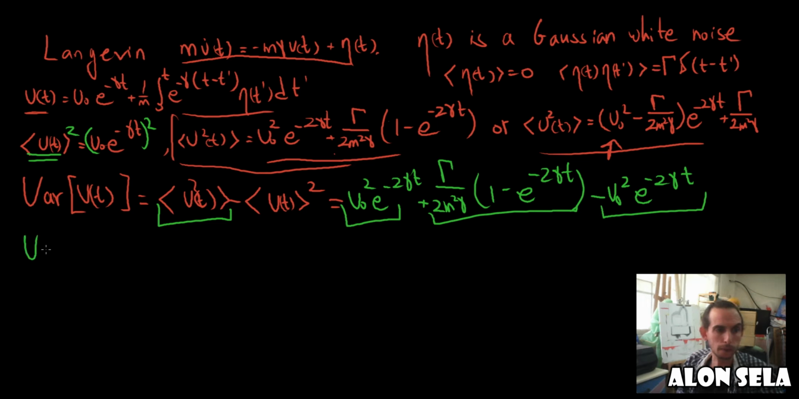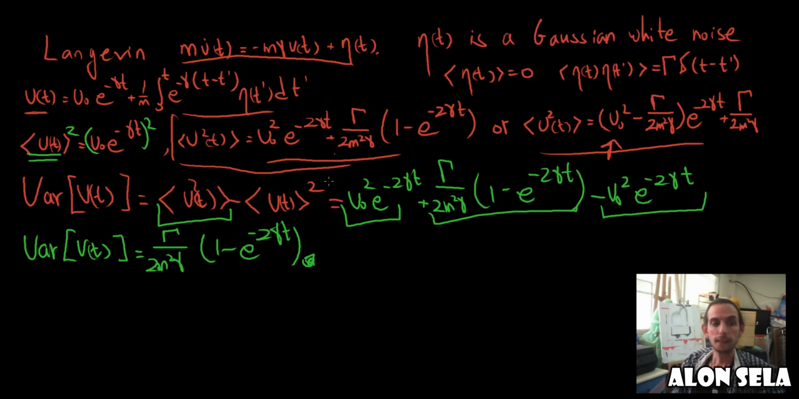So the variance for the velocity at time t is equal to gamma over 2m squared gamma times 1 minus e to the minus 2 gamma t. So basically we have both the mean and the variance,